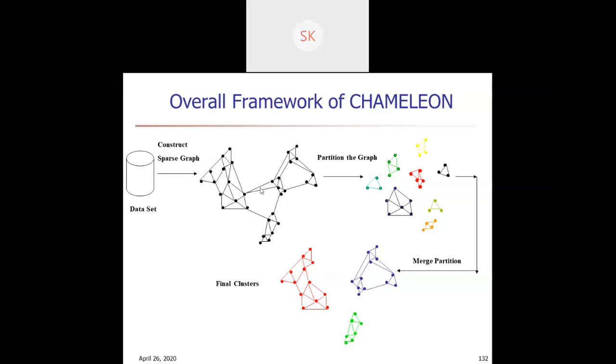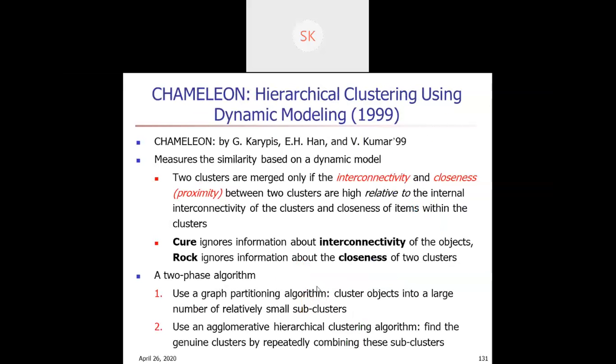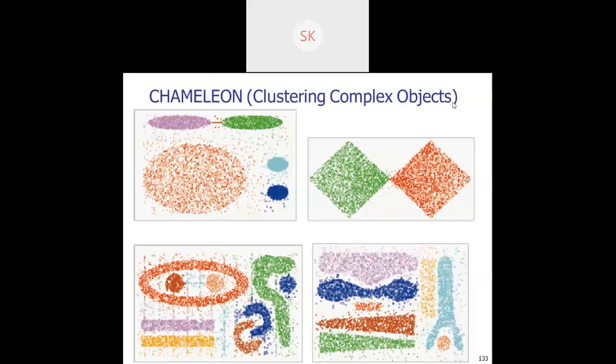Observe this diagram: these 1, 2, 3 links are broken and 3 clusters are formed. This part is shown in red here, this particular part in blue, and this particular third part in green. The separation is of all subgraphs of this. We have similarity with respect to interconnectivity and closeness proximity. In this phase, the subclusters get merged. Chameleon clustering for the complex